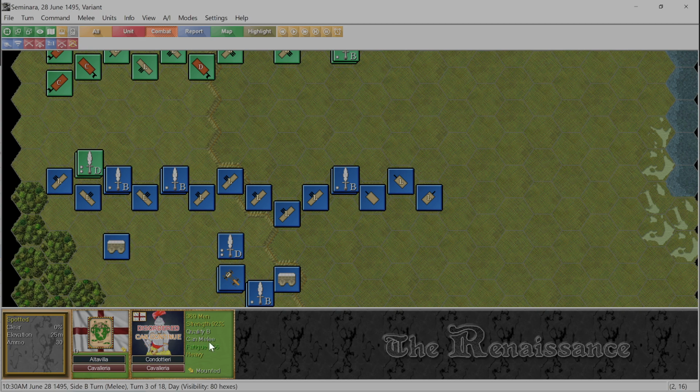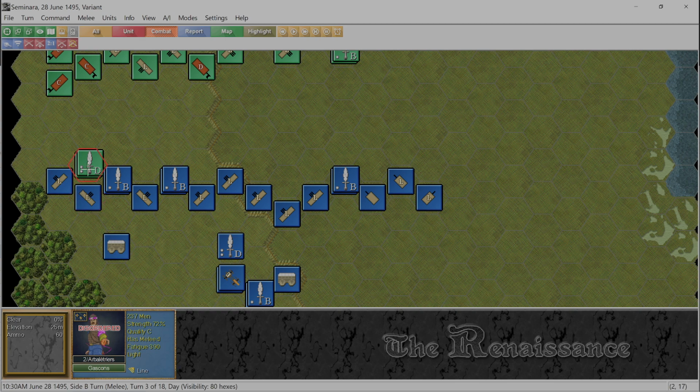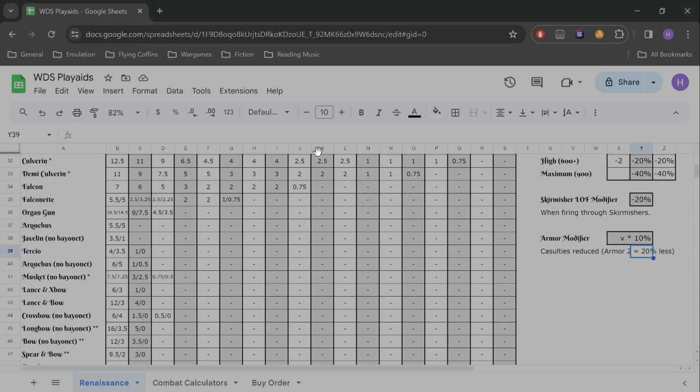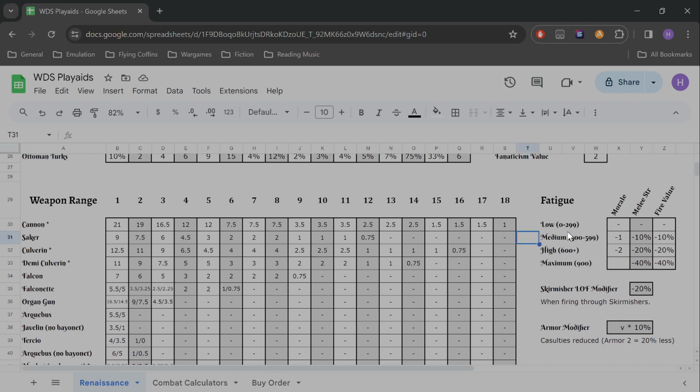So this is where fatigue comes into effect. Fatigue of 156 for us. I think that when you melee, whatever unit loses the melee, I think they lose double the fatigue. It's too many numbers to remember properly. I could be getting some of the specifics wrong here. So for fatigue on a unit,